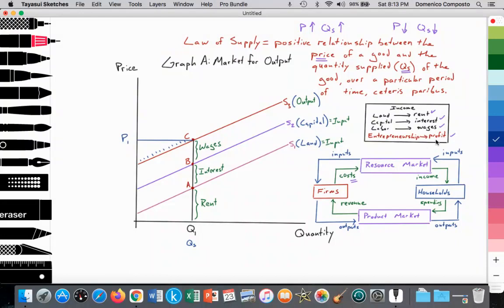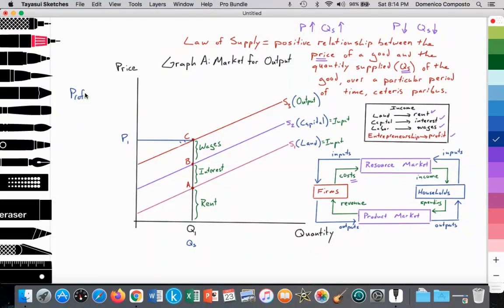Where is the profit for the entrepreneur? We see the costs of production: rent, interest, wages. Where is the profit? Here we will see. Let's get rid of this. All right. So what is profit? It's a simple formula that you as IB students need to know. Profit,